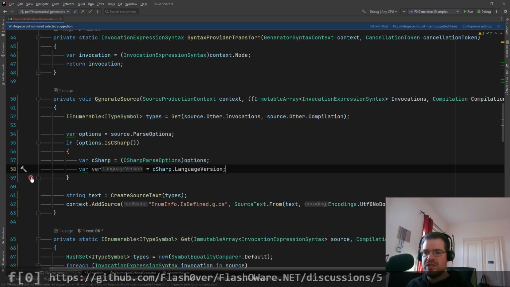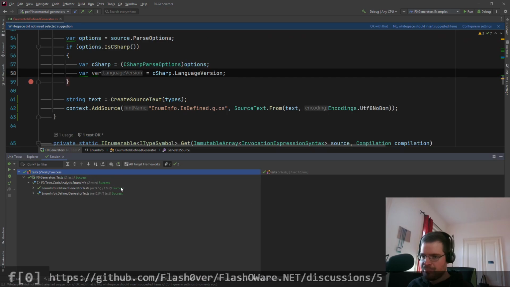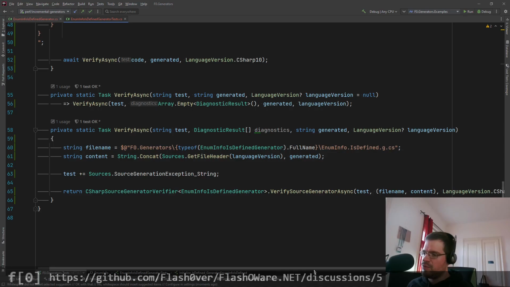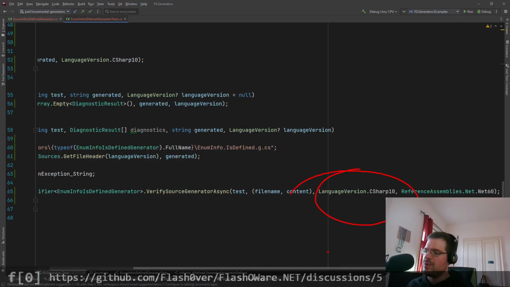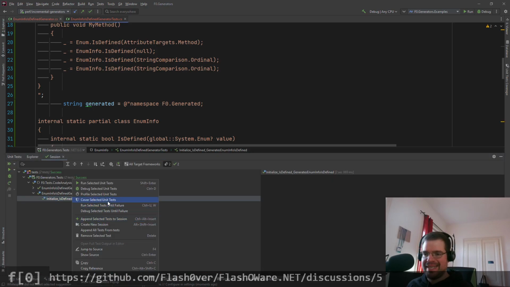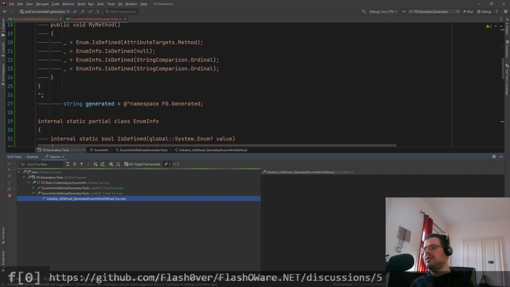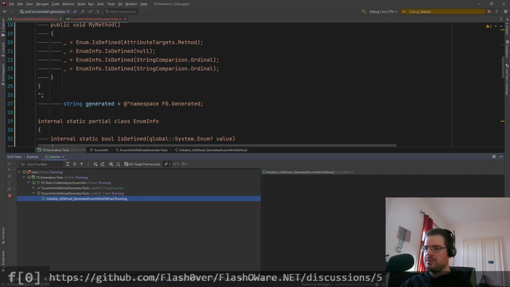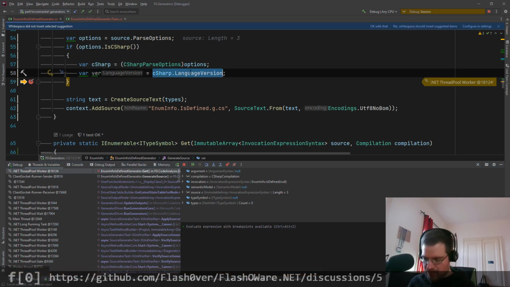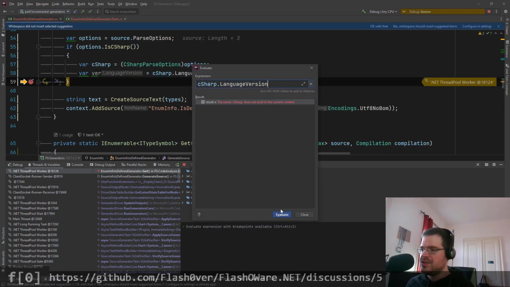And if I debug into that from our test, where when you scroll down we actually state that it should be parsed with C# 10, we should now, when we run this, also have C# 10 in this local variable. We hit the breakpoint. And have a look at it. And the C# language version indeed is